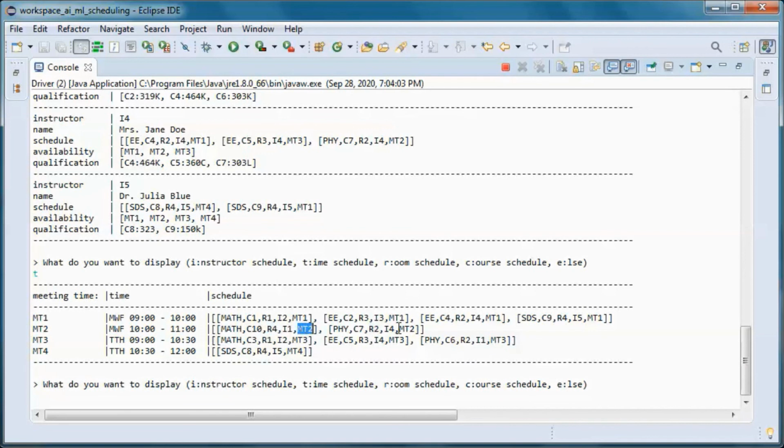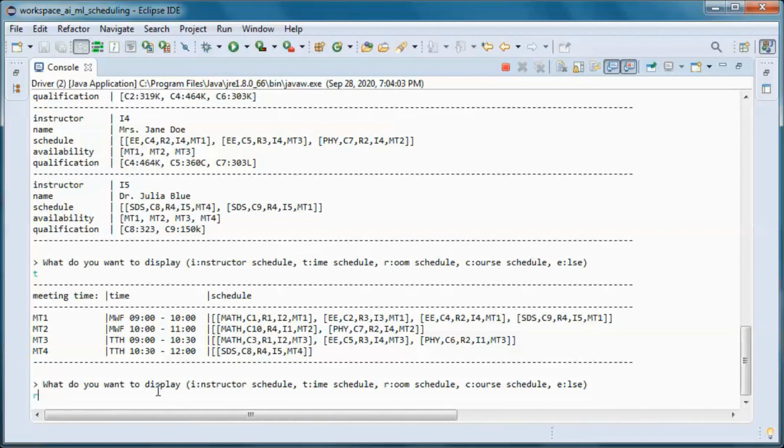So meeting time 2. And for meeting time 3, we have those 3 courses scheduled to be taught in room 1, room 2, and room 3 by instructor 2, 4, and 1. And this course is scheduled on Tuesday, Thursday from 10:30 to 12.